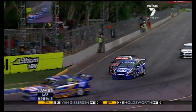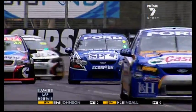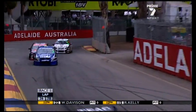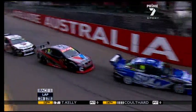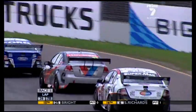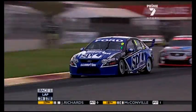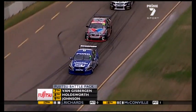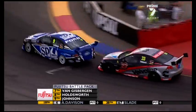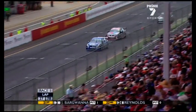Garth only just pulled that car up there too. Lee Holdsworth up the inside of Van Gisbergen did a good job to get alongside, but now this is an ugly spot. We saw some drama here last year with Craig Lowndes and James Courtney. Yeah, there was actually a little bit of contact then. Holdsworth just lightly. I went for the pass. Can you report it? I heard Lee complaining on the radio just then about Van Gisbergen blocking, and he is blocking. He definitely didn't give him enough road at the hairpin, so...